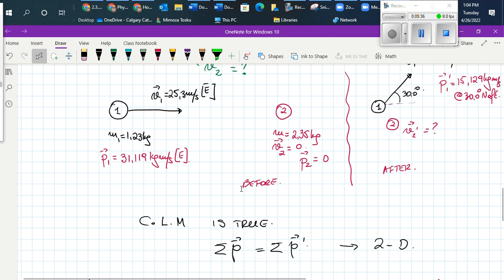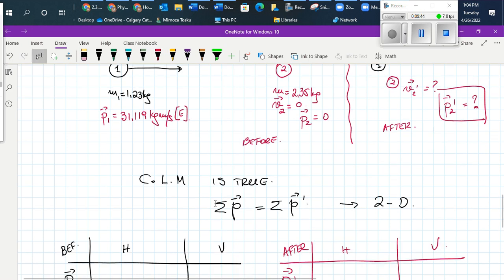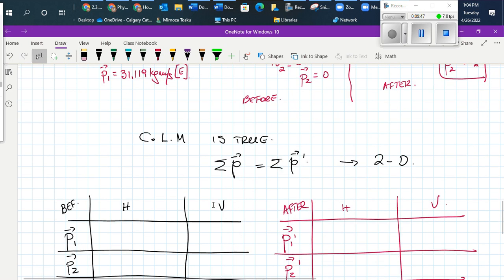Okay, so now we have momentum 1, but we don't know what momentum 2 is, and this is what we will focus on. So now, having momentum 1 as 31.119 kilograms meters per second going east, what is the horizontal component and what is the vertical component of this momentum? The horizontal component of P1 will be positive 31.119, and it's fine even to do 31.12. It will be okay with the calculations